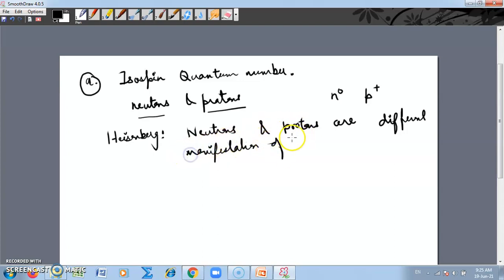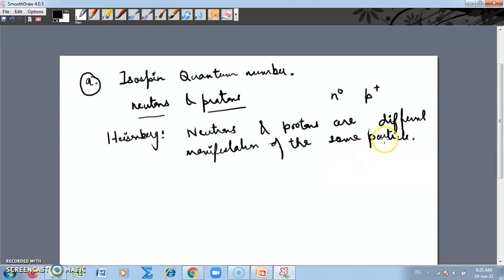So if they are different manifestations of the same particle, that means they must be different in some way, and